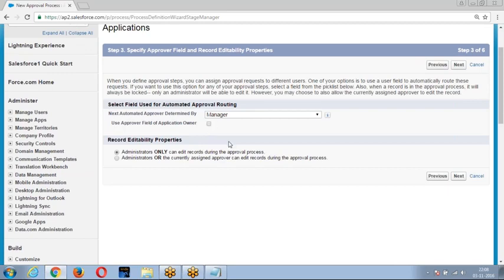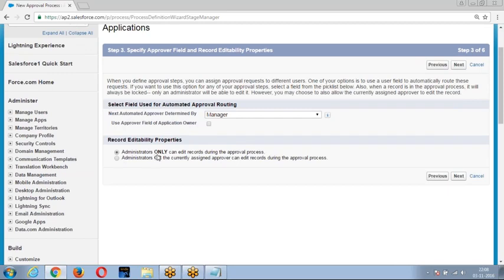Now, by default, whenever you submit the record for approval, the record will be locked. When the record is locked, who can unlock the record? Who will be able to edit the record? To specify this, we have two choices.